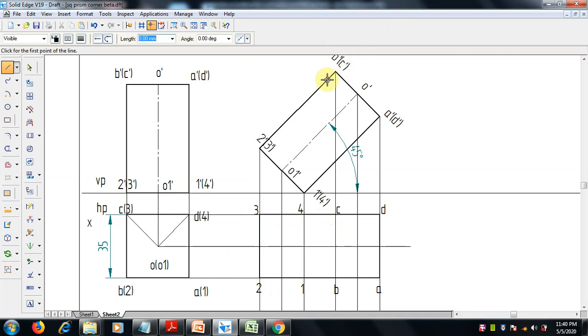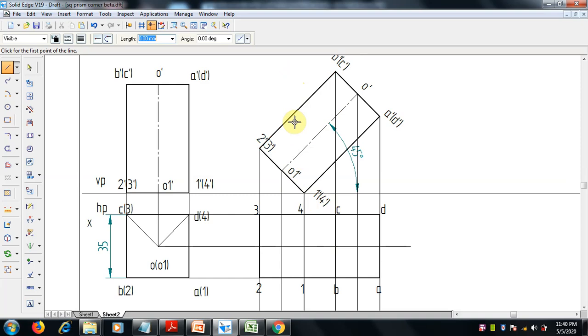When we are seeing from the top, the top face is visible and the bottom base is invisible. So the visible base we have to draw with 0.5 mm thickness. Select this, and join A, B, C, D with thick lines. This 1 to 4 is hidden, it is behind the axis line.